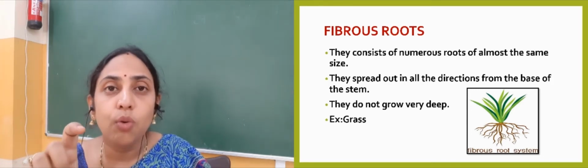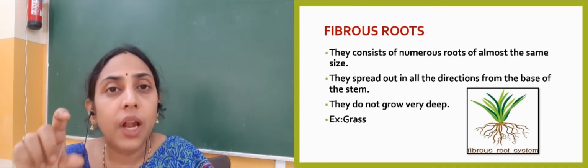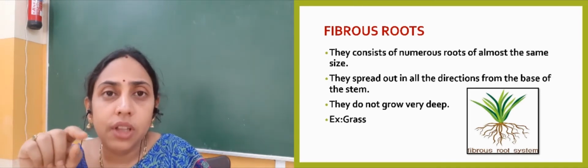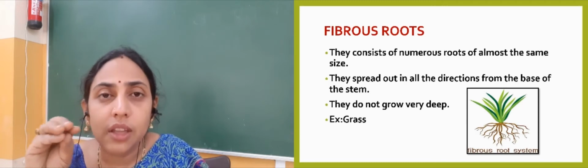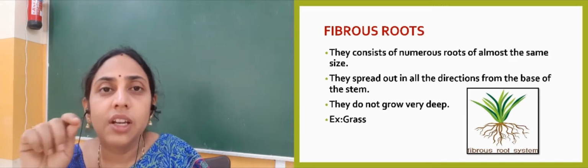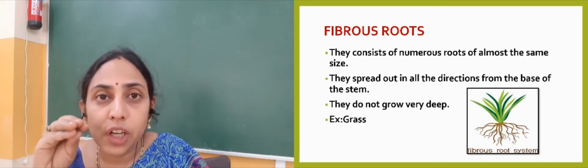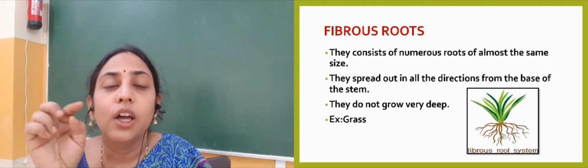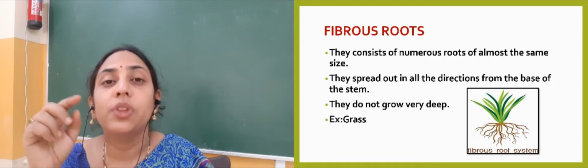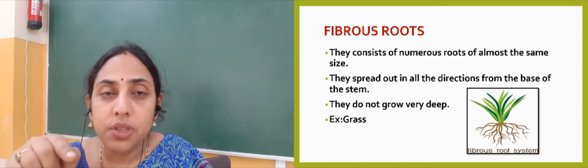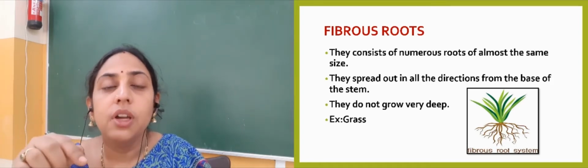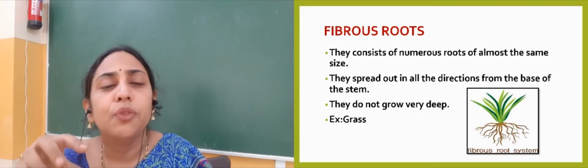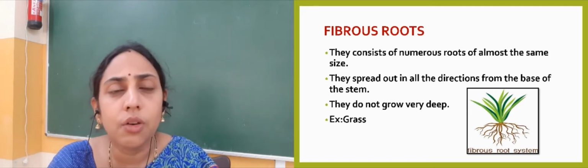If you might have observed onion, yeah, right. So onion, we know it is the stem of the plant, and if you see on the top of the onion, you can see the dried part that generally we remove. Okay, on the top, like round, we can see the different dried root-like structures. So that is the fibrous roots, and these are found very near to the ground. They don't grow very deep into the ground.